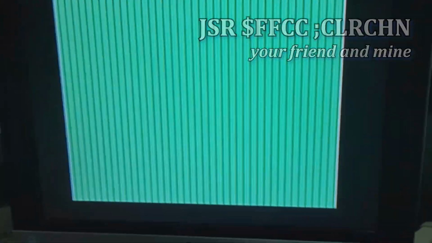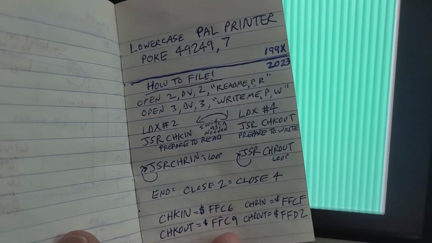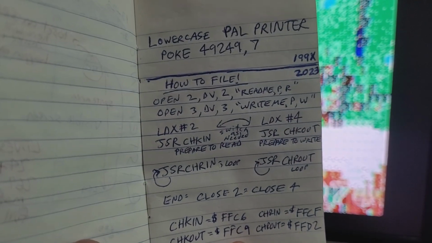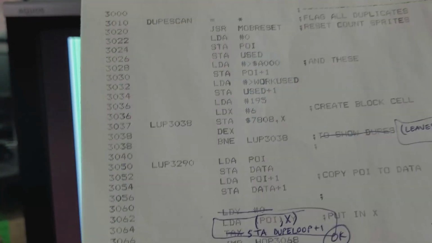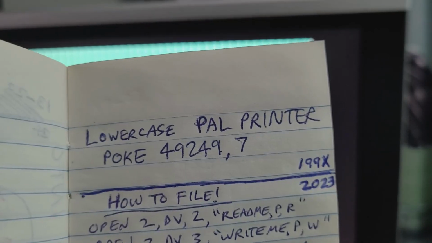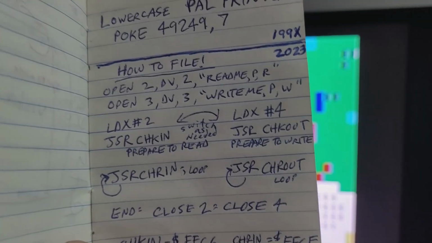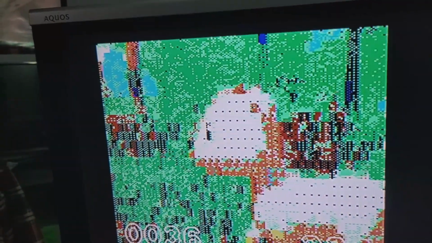I mean, I'm trying to make notes. Check this out. I haven't made a note since the 90s. And this PAL printer, that is the program that I wrote that takes a PAL source file and breaks it up into these little columns. I like that. I'm proud of it. But sometimes you need lowercase, and as you can tell, that's sending a secondary address. But that's not what this is about. Dum, dum, dum. 20 whatever years later, I finally added to my little notes. Okay, enough of this. Man, am I just rambling tonight.